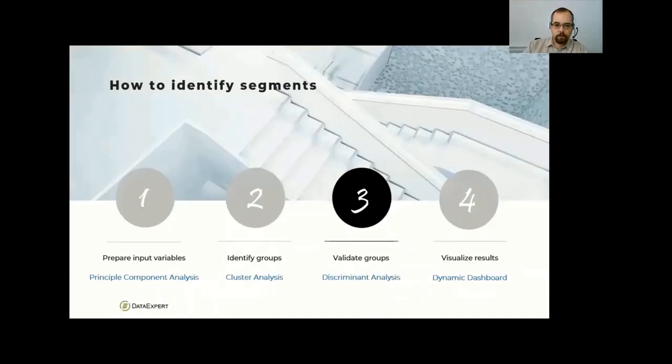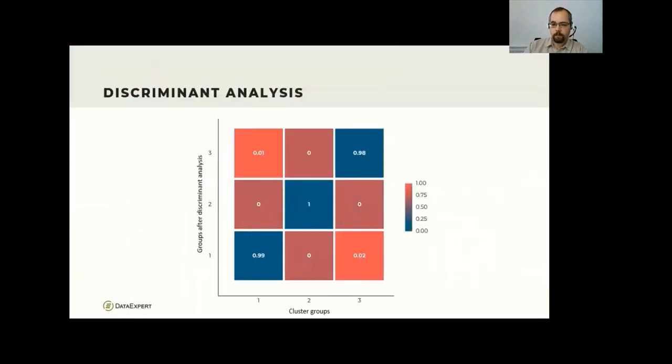version. Our first step is the validation of the clusters by discriminant analysis. Discriminant analysis is applied on the same inputs as the cluster analysis. However, it performs different calculations for determining the groups. Then we can check the proportion of correctly identified groups by crossing the results of the 2 methods. Here we get an average of 98 to 99% matching. Thus we can confirm that the clusters properly assign the data into 3 groups.